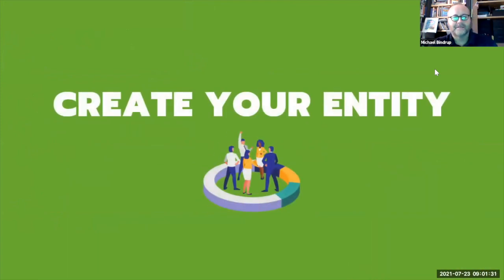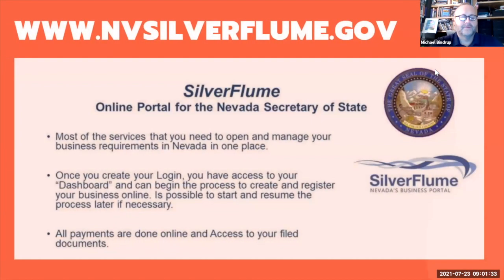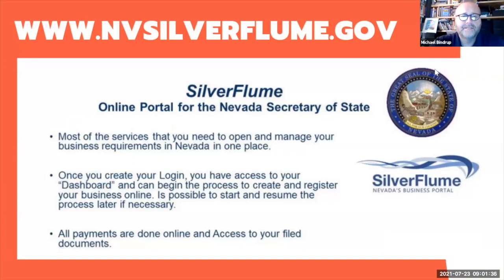So creating our entity. In Nevada, all entities are formed on the state level. And the portal that we have for our state is called Silverflume. And you can find it at this web address, nvsilverflume.gov. And Silverflume is a very robust portal which allows us to file for our entity if we need to form a corporation, if we need to form an LLC, a partnership, if we're going to do any sort of corporate filings of that sort,